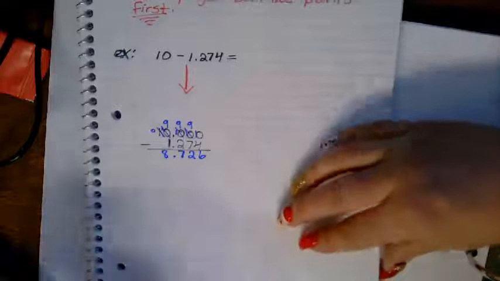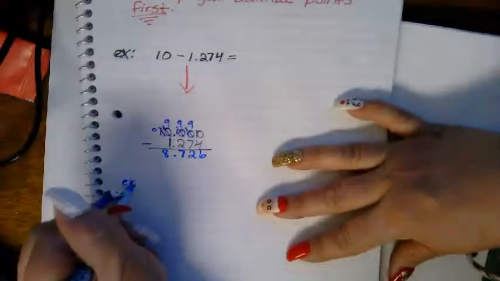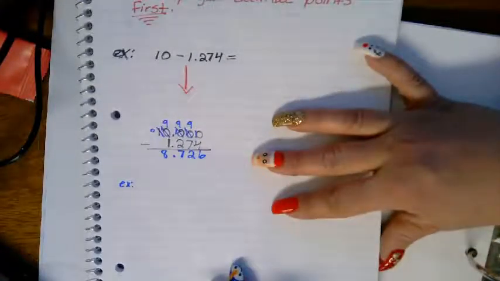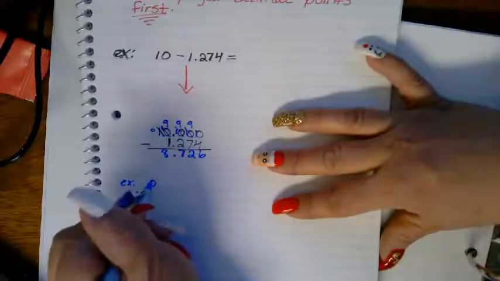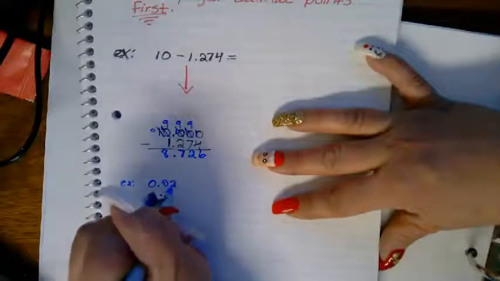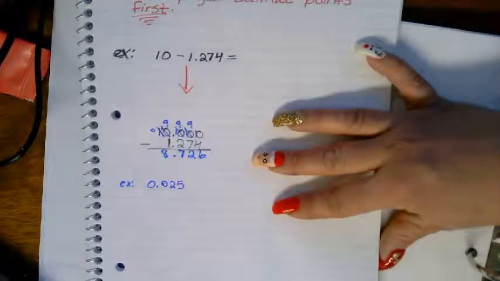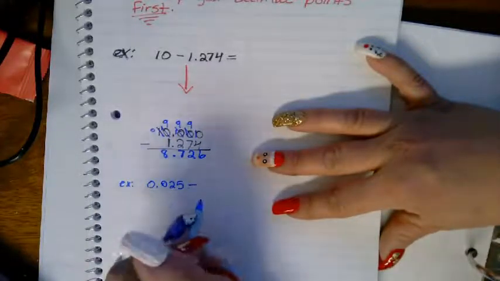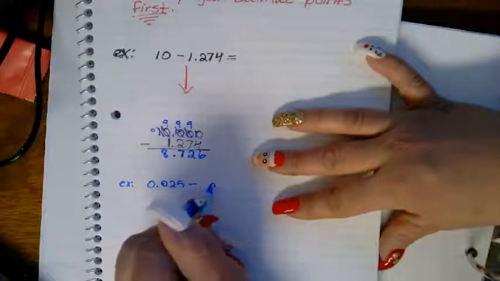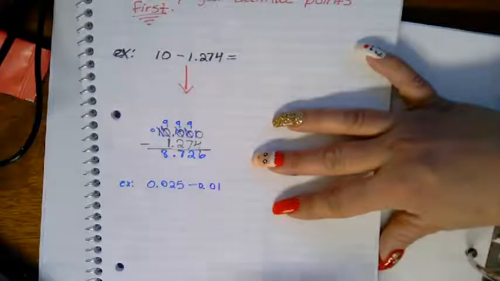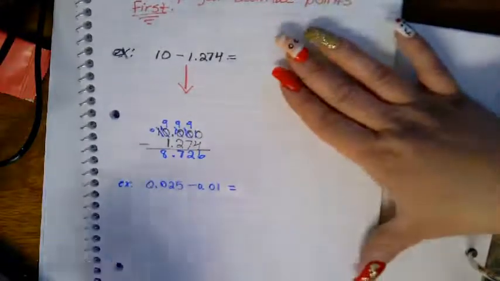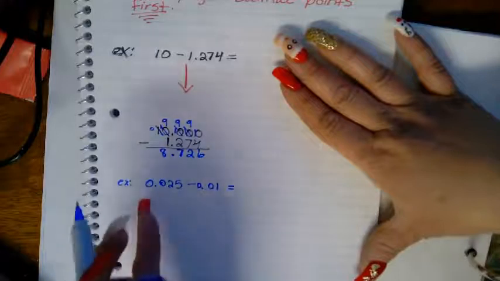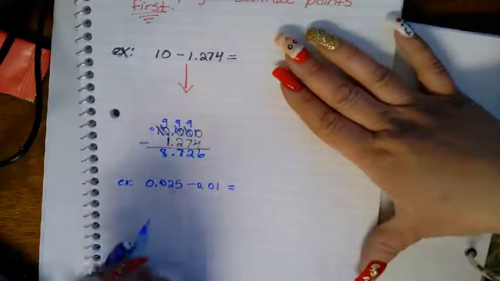Okay, let me move this up a little bit. So let's do 0.025, that's a 0, sorry, minus, let's do minus 0.01. Oops, I should have the 0 in front. I'll put the 0. Okay, so we got something like this, right? All right, let's line them up. So we've got decimals in both ones, in both problems, right? So we'll just start with the first one,